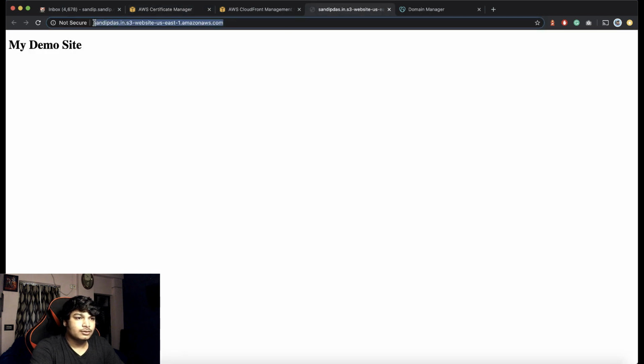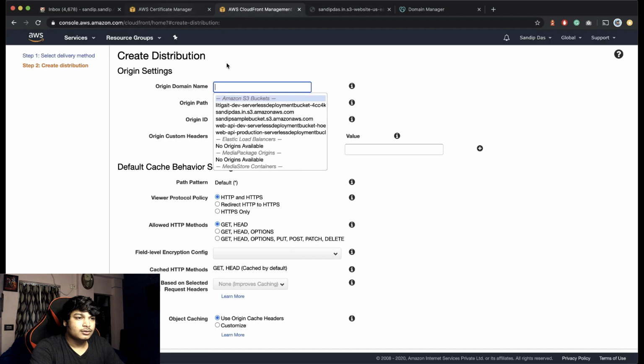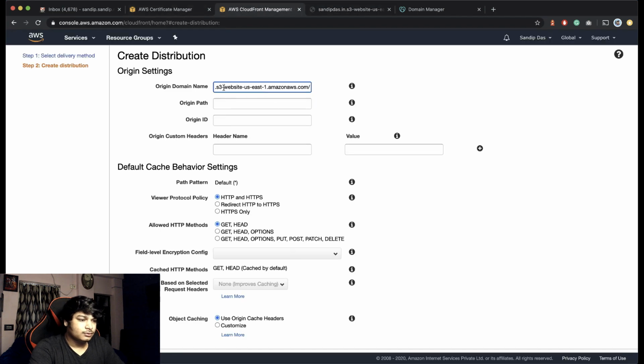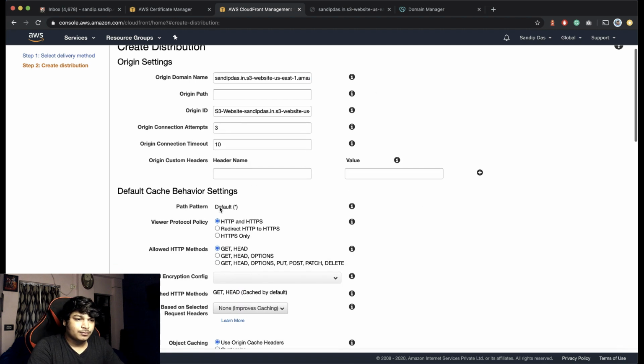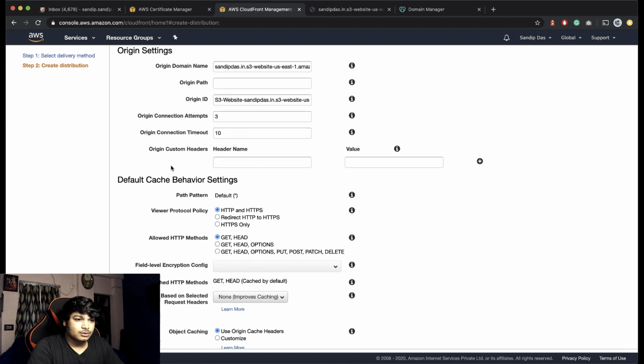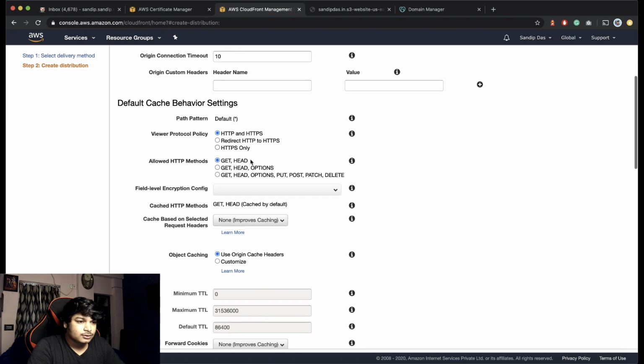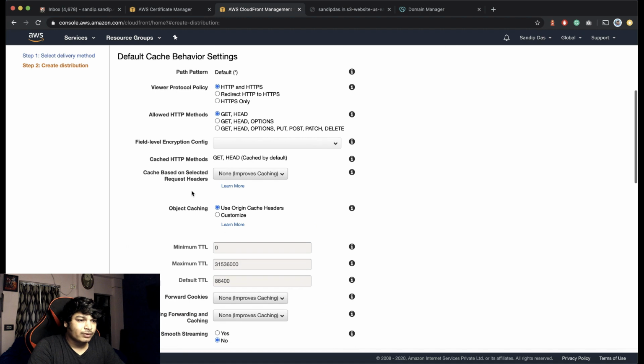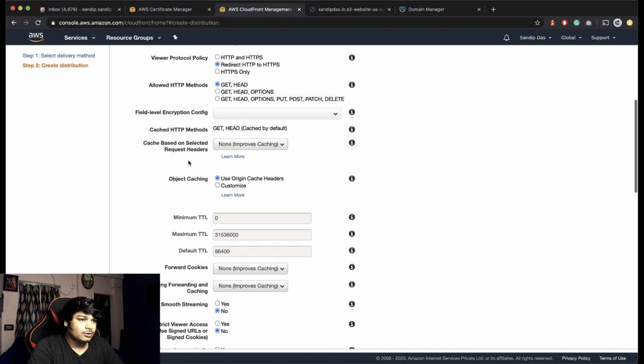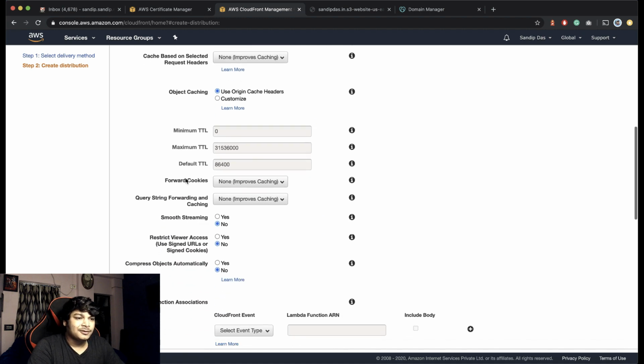This is the domain. That's the domain part you will need. You don't need any slash and everything else. Remove the protocol and everything which is not required. Okay, connection attempts 3, timeout, and so on. All good, defaults are fine. Here, redirect HTTP to HTTPS, because we are using HTTPS anyway, right?